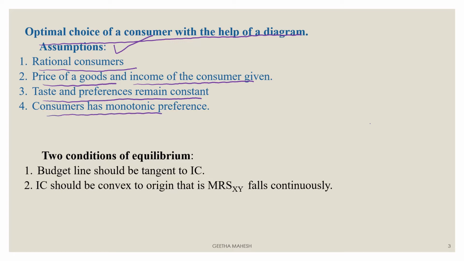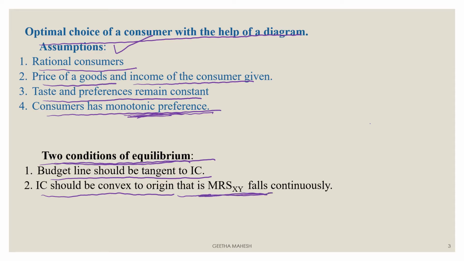And consumer has monotonic preference. What is monotonic preference? A consumer always prefers that combination which gives him a higher level of satisfaction, or with a given income he will try to reach that combination which gives him a higher level of satisfaction. A consumer reaches equilibrium position when it satisfies two conditions. What are the two conditions of equilibrium? The first one is budget line should be tangent to indifference curve. The second one is IC should be convex to the origin, that is marginal rate of substitution X for Y